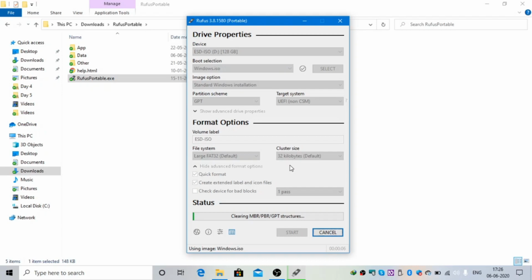This will make the pen drive GPT, which is used for UEFI devices. UEFI is the name of the BIOS. It may take some time, depending upon the read and write speed of your external drive.